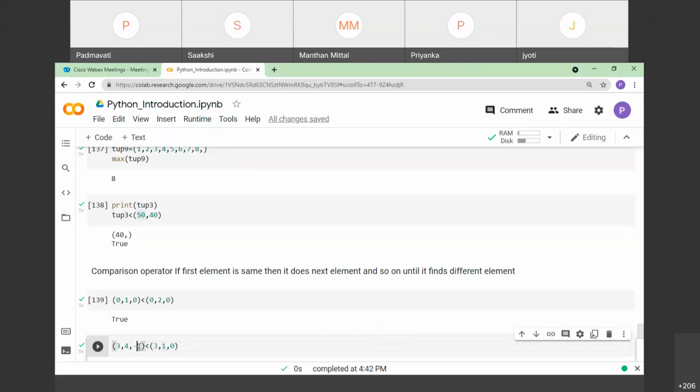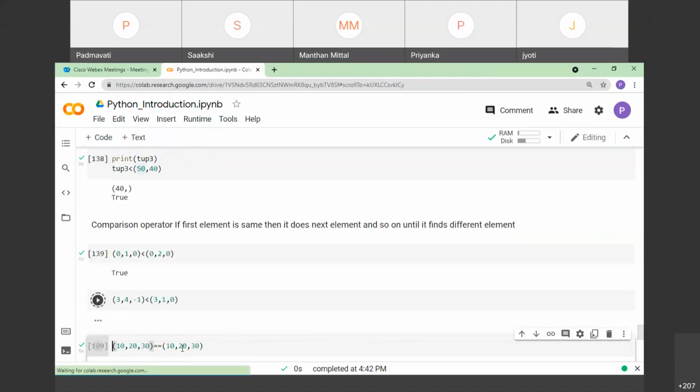And definitely it will not go and check the third element. Like this. The next example: we just wanted to check whether 10, 20 and 30 are equal to 10, 20 and 30. As you all know, both are equal, so it should generate the result as true.